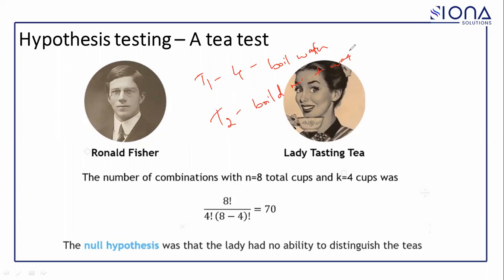So what was his hypothesis? What is this assumption? No difference. Yes, the lady had no ability to distinguish the teas. That is his null hypothesis. He called this lady and he asked her to randomly taste the tea. He has randomly kept all the cups, and while tasting, what happens is,